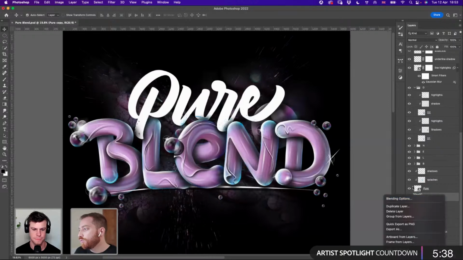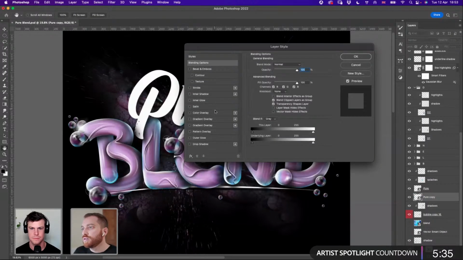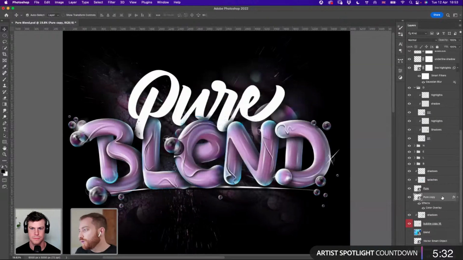So create a new layer. I will make that black and move that down a bit. It is under that. So what I'm doing now is adding a pure word under, like we have a stronger shadow, but the word is behind the word blend, so you can see it here. Okay, so we can actually do that.